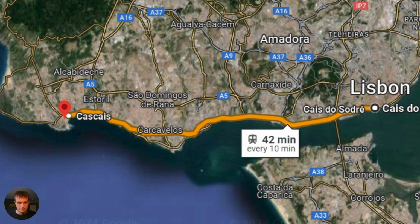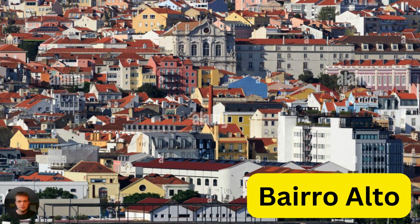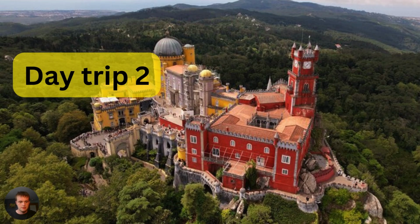Again, you can take the same train back that you took. Of course, look at the hours to see when it's open, but it took about 40 minutes to get back to Barrio Alto. Once you get back to Barrio Alto, there's another day trip that I highly recommend, and it's to a location